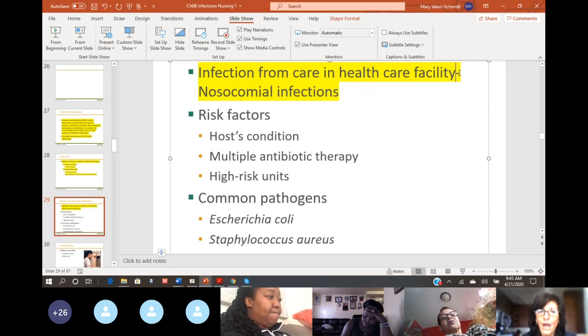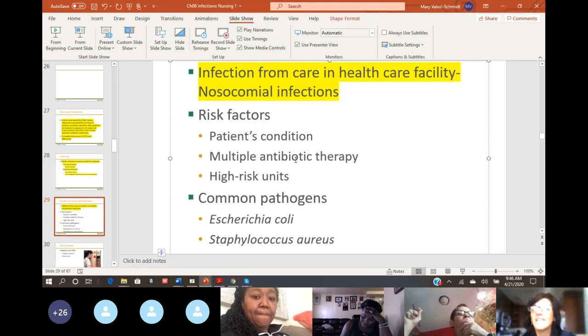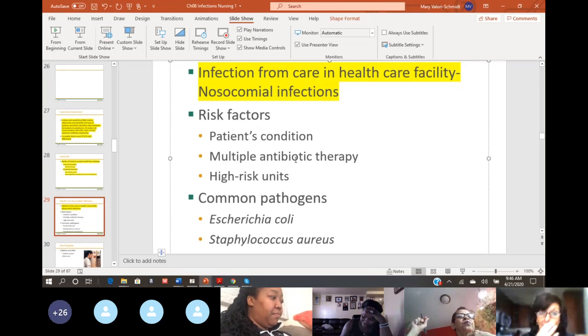Risk factors. Well, I'm going to change this to the patient's condition, right? Is the patient old? Are they immunocompromised? That would make them a higher risk. Are they receiving multiple antibiotics? Because antibiotics kill good stuff and bad stuff. Or are they on a high-risk unit? Are they somewhere where there are a lot of really sick people around them, and now they're more at risk,